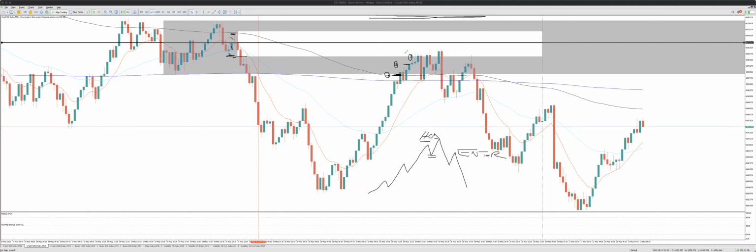So we enter these three positions. We get the first push, which is this one. Okay, unfortunately, there's no TDI on this particular chart. Otherwise, I would have shown you the TDI confluence as well. But anyways,